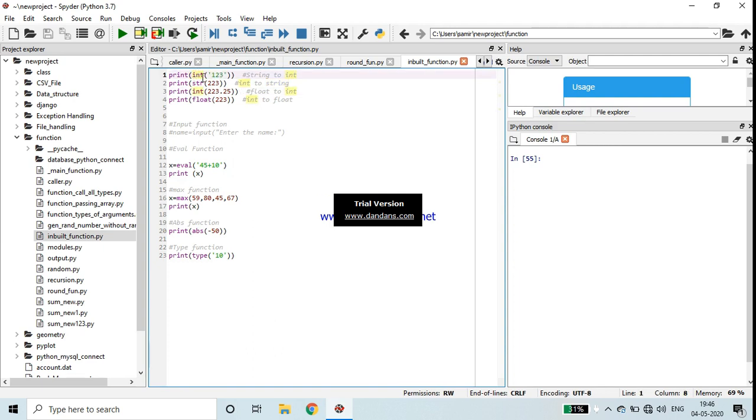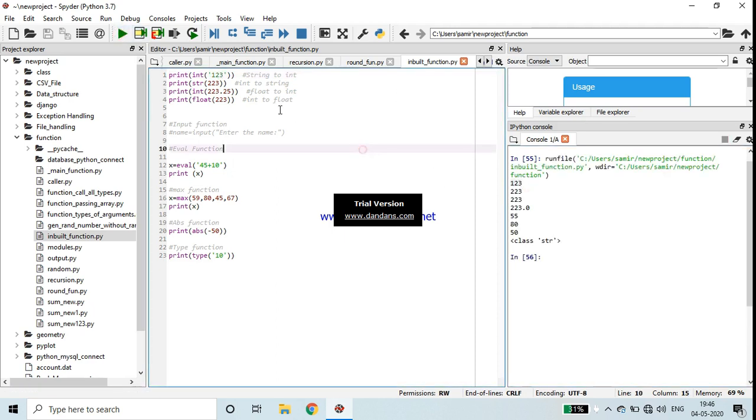So int is the function that will convert this particular string 123 into int. See this output, first one 123 integer. Similarly, second is str. Str will convert that particular integer, 223 is the integer, into string.